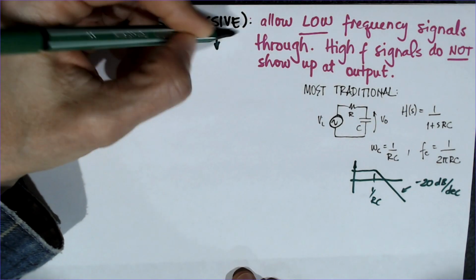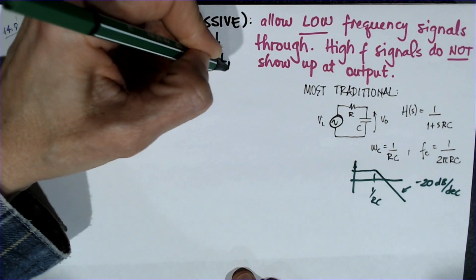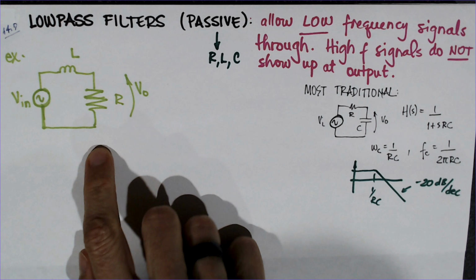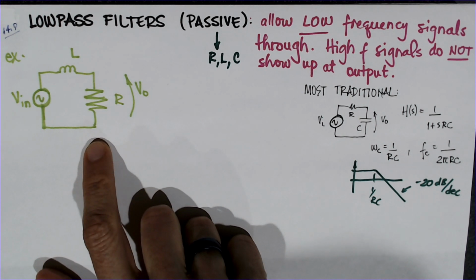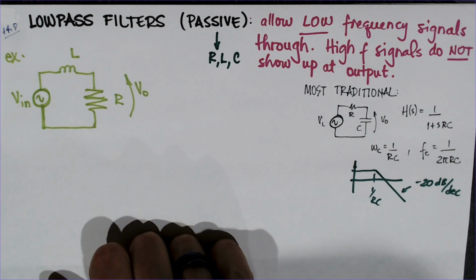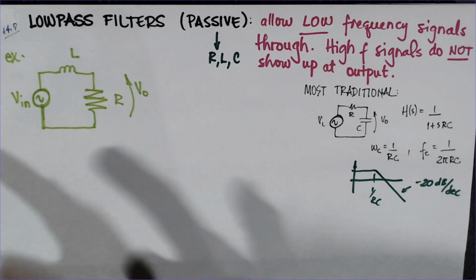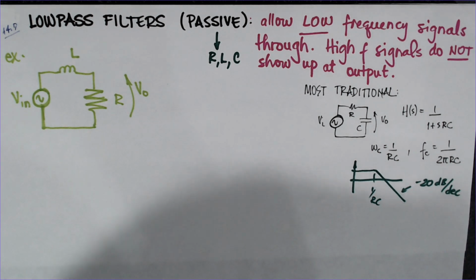So passive filters only have resistors, inductors, and capacitors. Later we're going to see how to design active filters with op amps. For now, I'm going to give you an example of a low-pass filter that's less common, which is an RL. I also think it's much less common to find filters like this in many lower frequencies, so it's more common for RF, I guess, where you do have to take into account inductances of the lines of